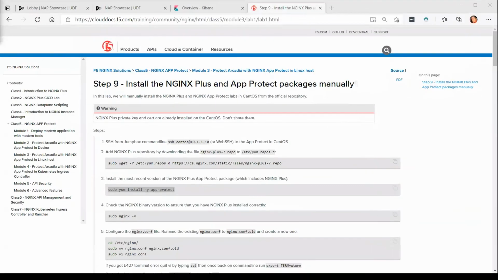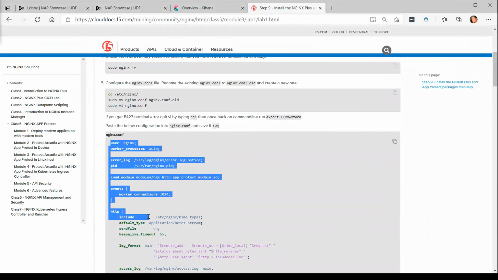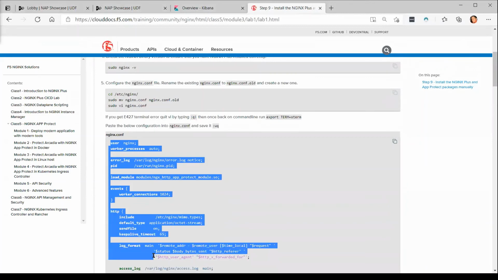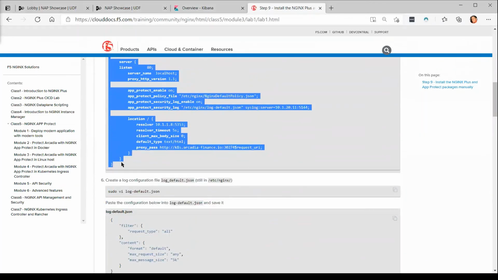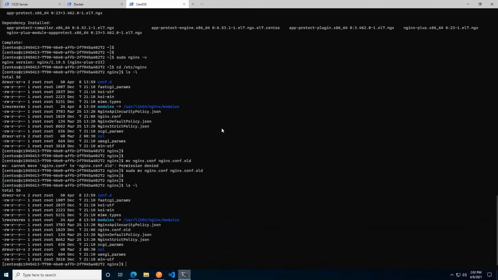So going back to the lab guide here, and again, the lab guide wants us to use vi. I'm going to use nano to run alongside with you guys that may be unfamiliar with it. I'm just going to copy out the entire contents here of the nginx.conf, starting with user nginx and going all the way down to the last curly brace there. I'm copying that and popping back into my RDP session.